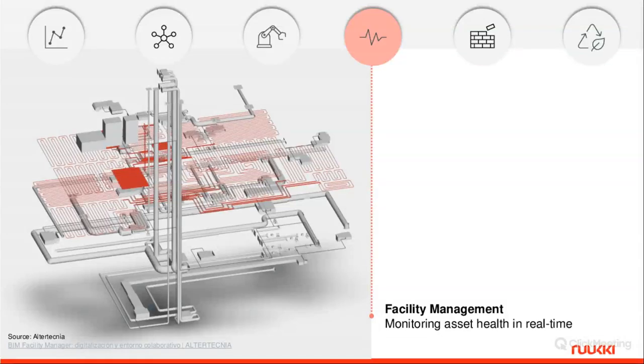And moving forward, I ended up with facility management and how artificial intelligence will improve it. Implementing real-time monitoring in building systems is actually a transformative move towards smarter, more efficient, and sustainable operations. If we would point out the main focus areas why facility management with real-time monitoring is important,